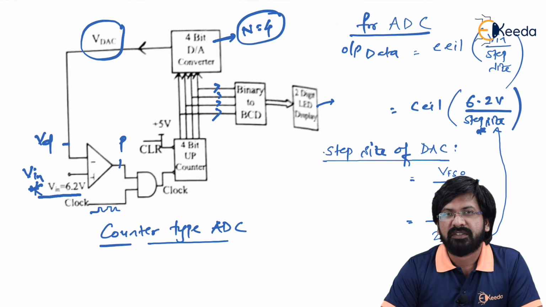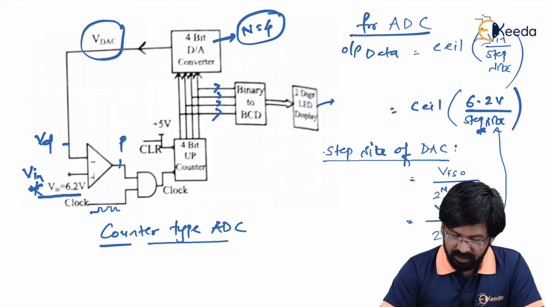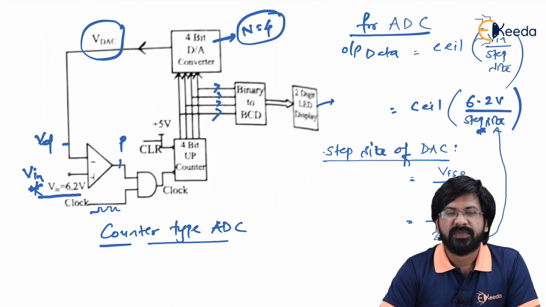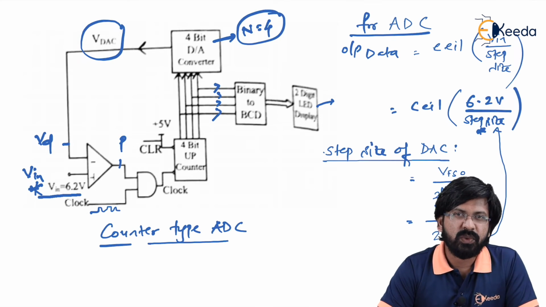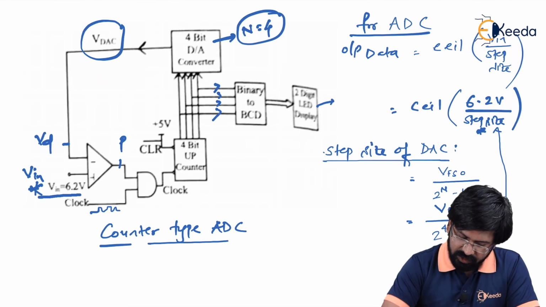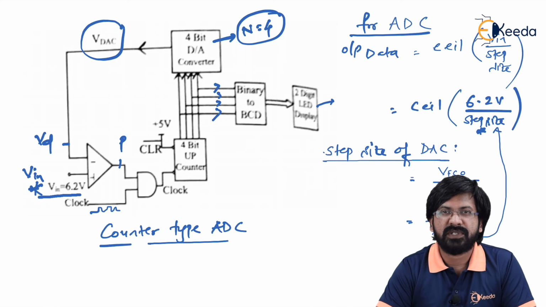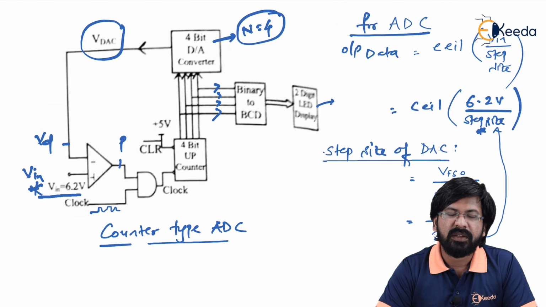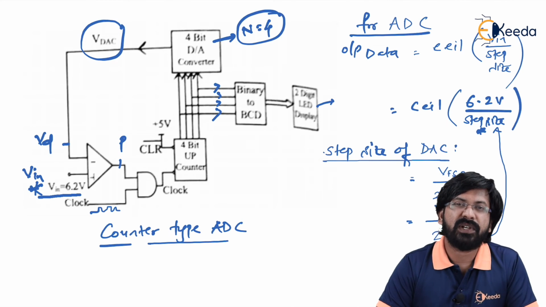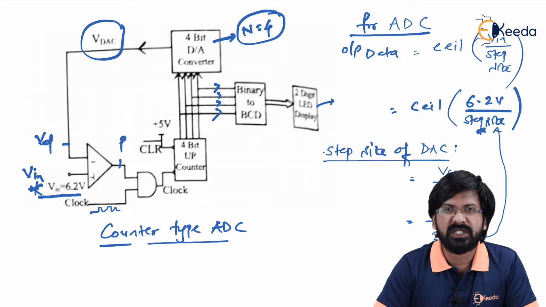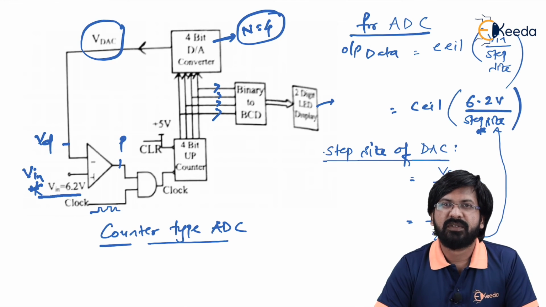So what is to be done now? If you have seen the lectures carefully, that is the specifications of DAC, in that I told you to calculate step size, you have two ways to do this. First way that I have shown over here, step size is equal to full scale output voltage divided by number of steps. Number of steps are known to me, but full scale output voltage, if it is not known to me, this formula is useless for me. So we have to go the other way around.